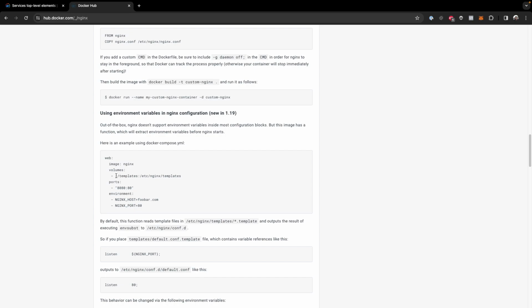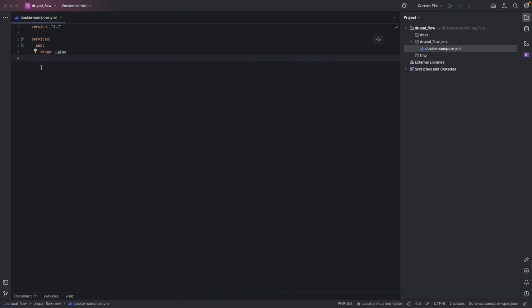So this is our host's path, and this path is what is inside the Docker container. For volumes, the same, I'm going to be using the templates folder,